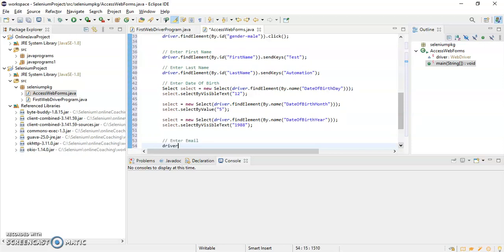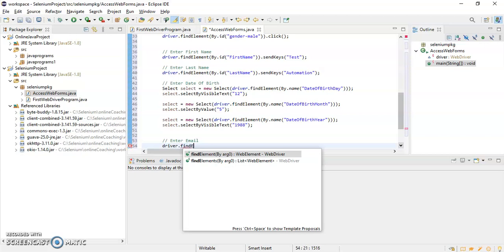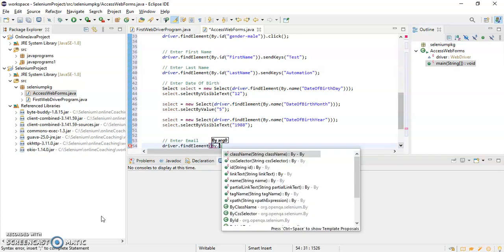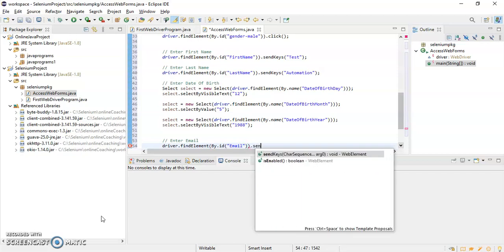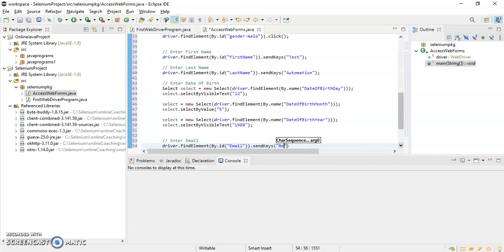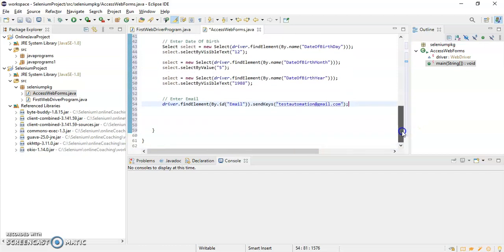So driver dot find element, I'll give here by dot ID and give here the value, and just write here dot send keys and give test automation at gmail.com. Okay, so I have covered everything.